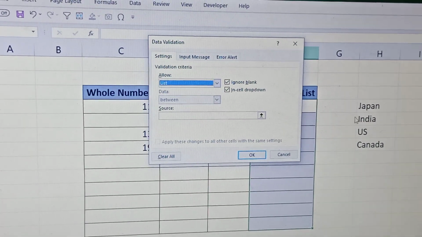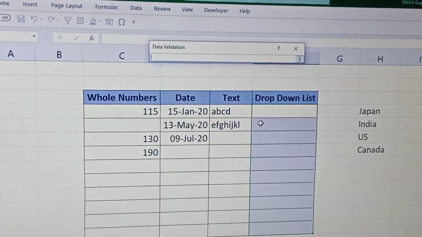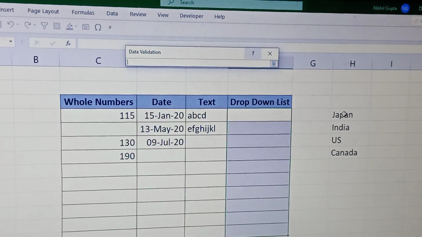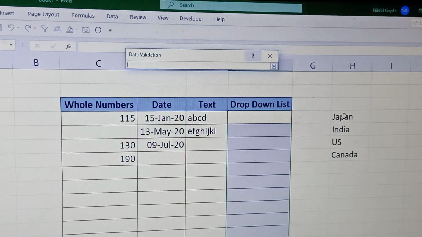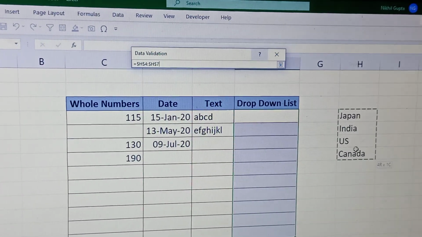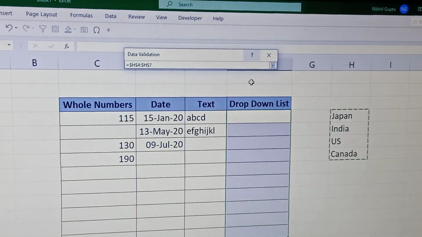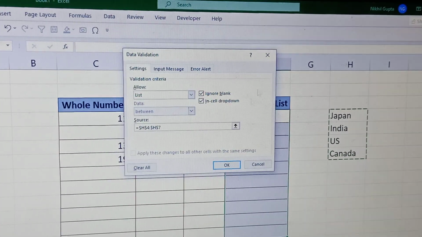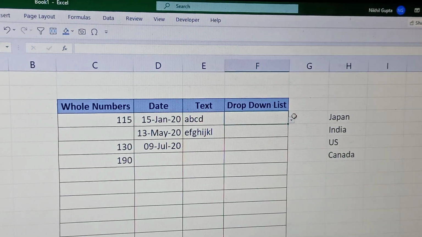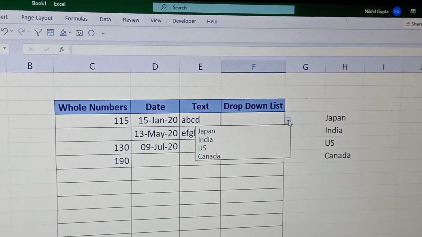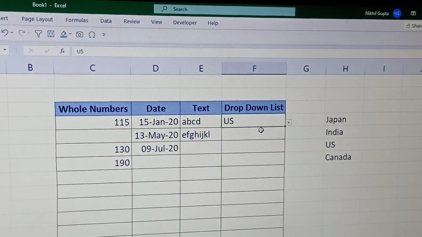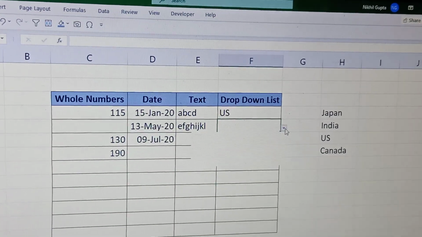So click on this arrow. You can create the list in a different sheet also, or you can pick from the same sheet as I have created. Just select whatever data you want in your drop down list and click OK. Now you would be able to see this drop down arrow and you can pick whatever data you want to enter.